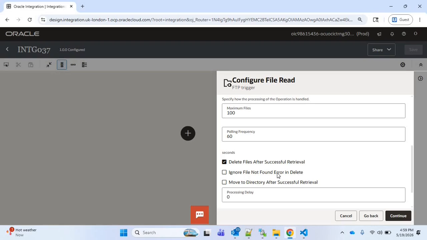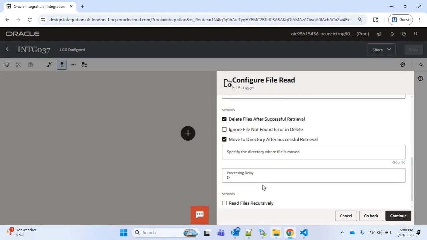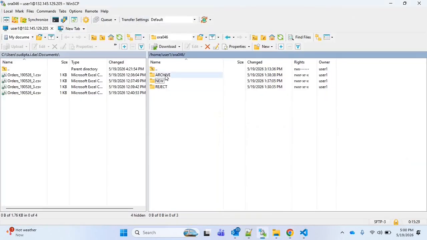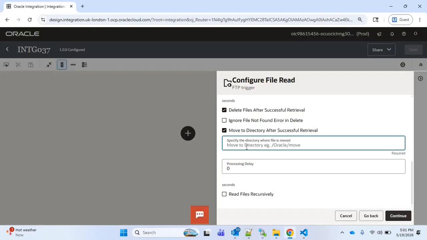The next option is ignore file not found error in delete. If we check this checkbox, then if we get any error in deleting the file, OIC will ignore that error. So I'll not check this checkbox. The third option is move to directory after successful retrieval. I'll check this checkbox as we want to move the file to the archive directory after it is consumed by the integration. So I'll go to the archive folder and provide the directory here. For the processing delay, I will keep the default value, which is 0 seconds. Now I'll